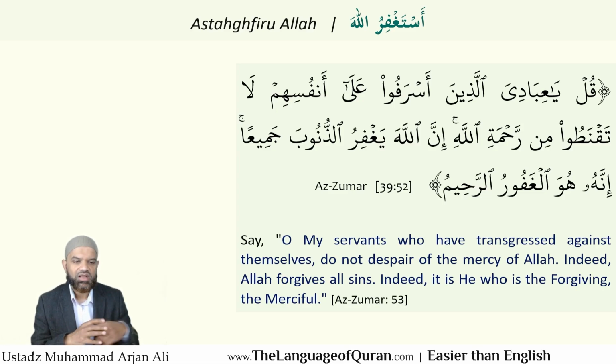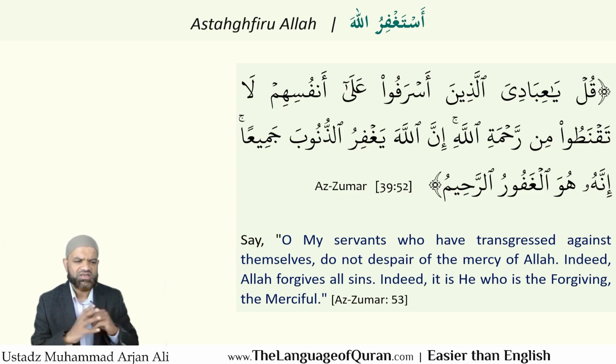Allah says in the Quran, O my servants, O my slaves, who have transgressed against themselves, meaning anyone who has done sin or who has done a mistake, who has wronged himself or herself, do not despair from the mercy of Allah, subhanallah. No matter what a person has done, the mercy of Allah is still there. Allah subhanahu wa ta'ala can and does forgive all sins as long as the person turns to Him and asks. So Allah is giving us a call, giving us hope that Allah subhanahu wa ta'ala forgives.